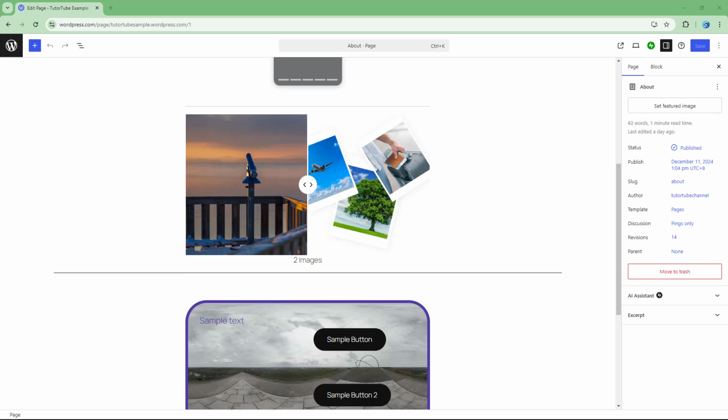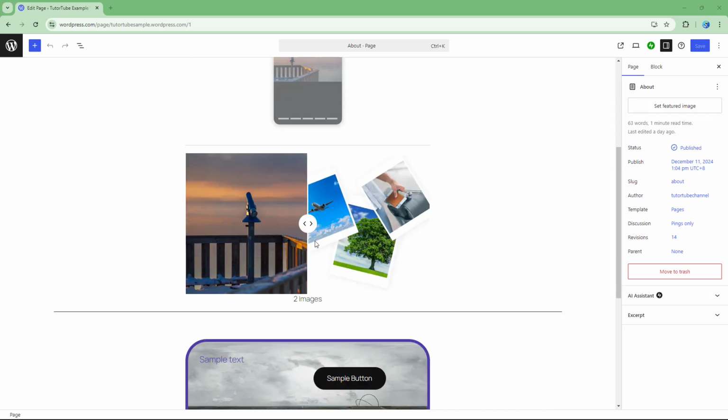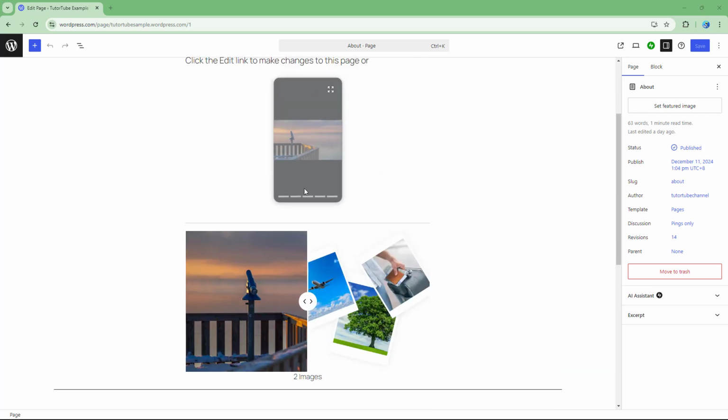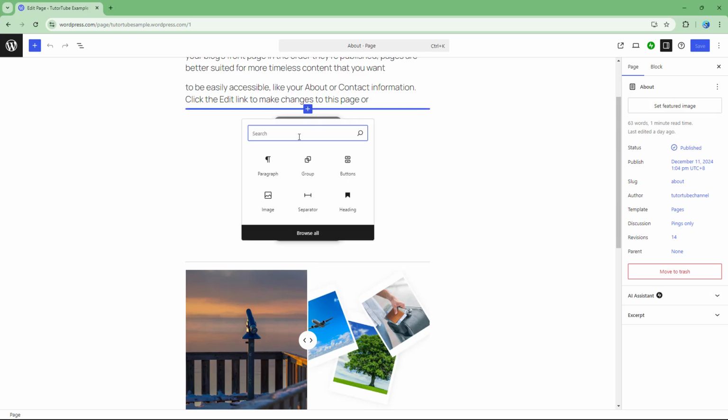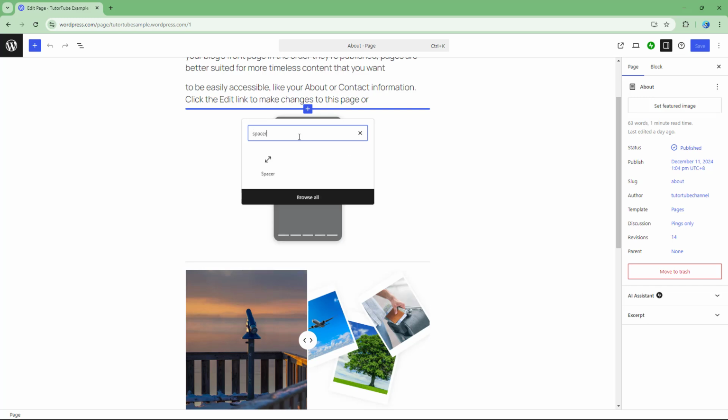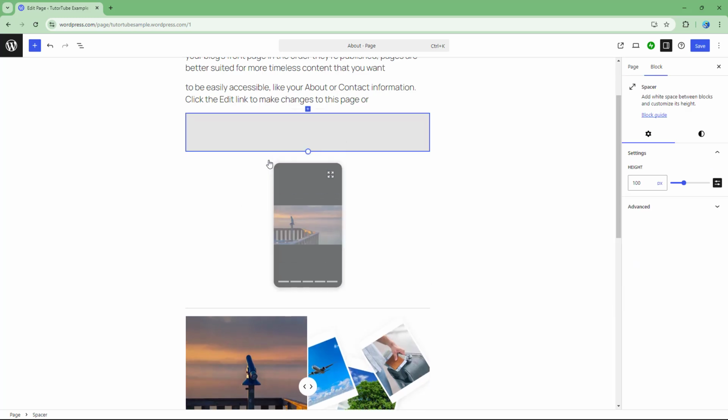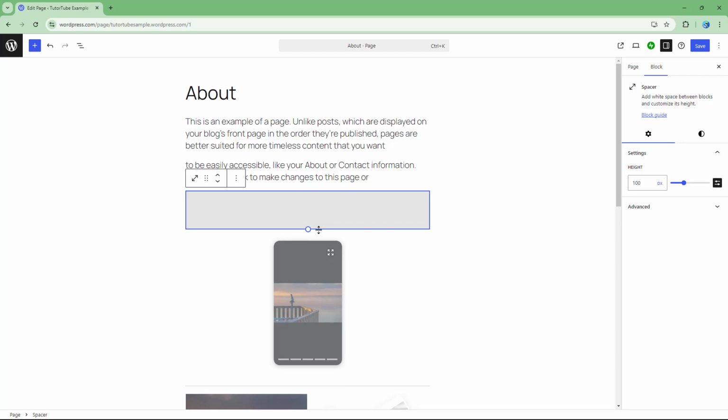So now let's see how we can go ahead and apply the spacer block inside of wordpress.com. So here in the editing area, I'm just going to go over here, let's say for example, in between these two blocks right here, just like this, and then I'm going to go ahead and search for spacer. Once I go ahead and insert the spacer, you can see that it's simply a space that